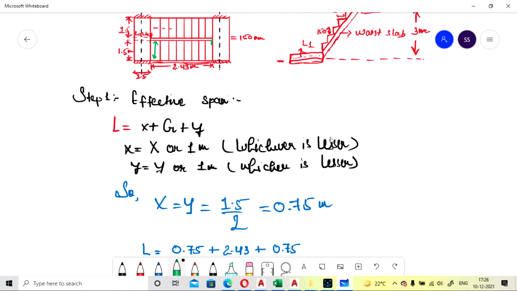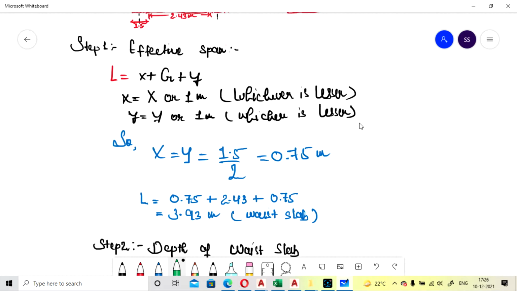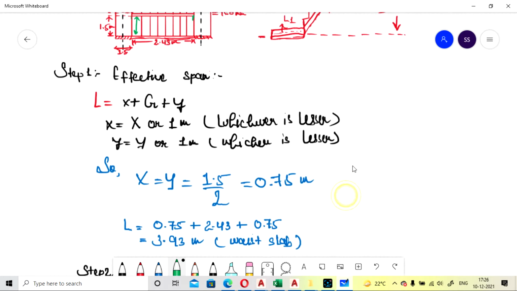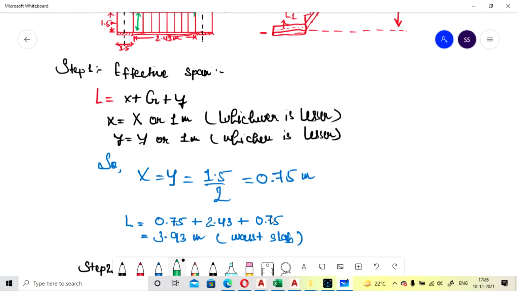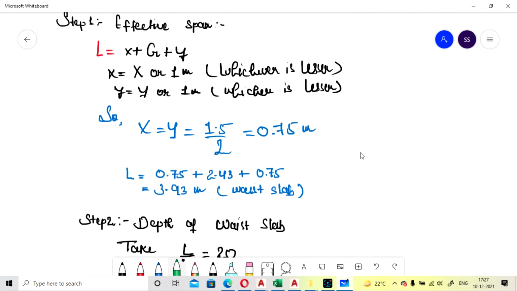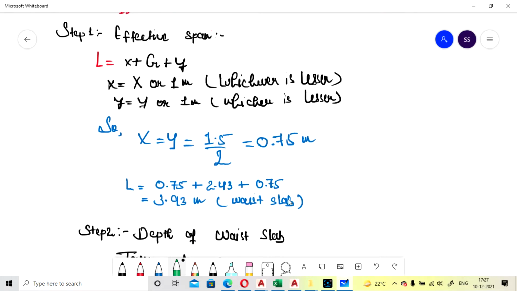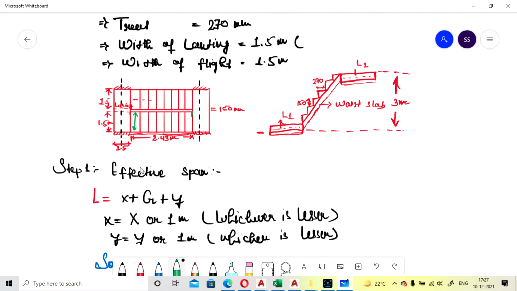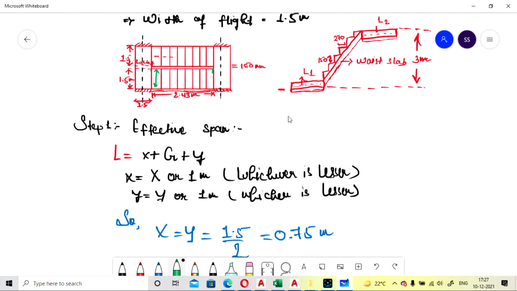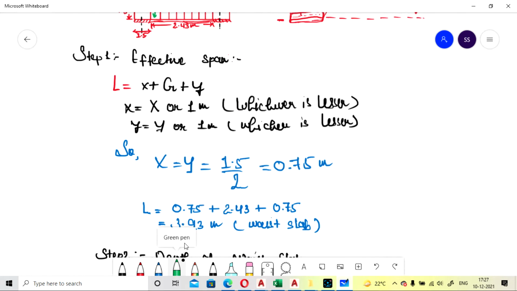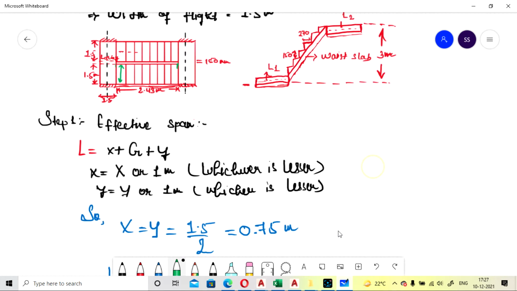Okay, so it is 0.75 plus 2.43 plus 0.75, which is half of the length of landing 2, that is small y. Okay, so its effective length will come as 3.93 meter. Okay, so effective length is calculated as 3.93.